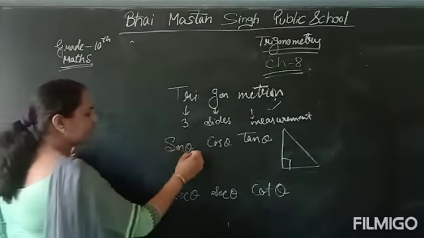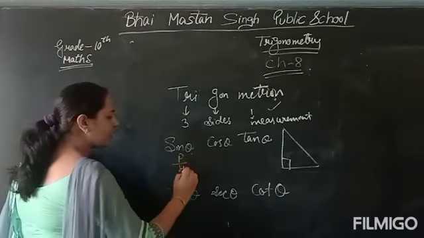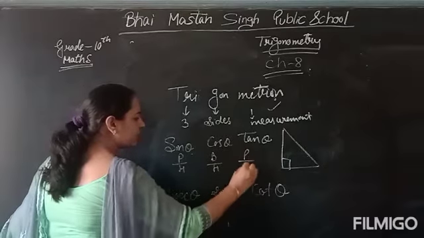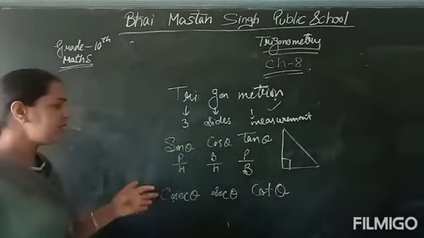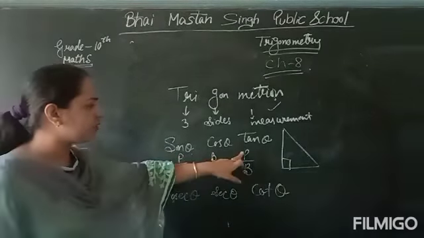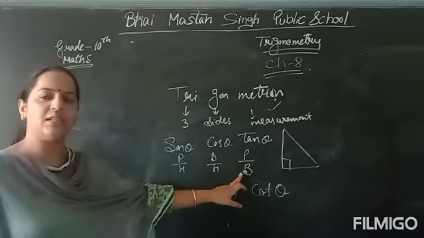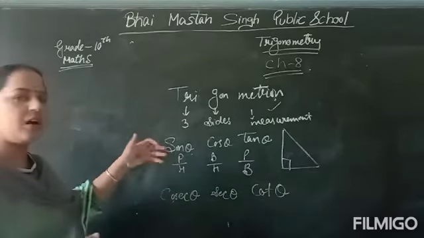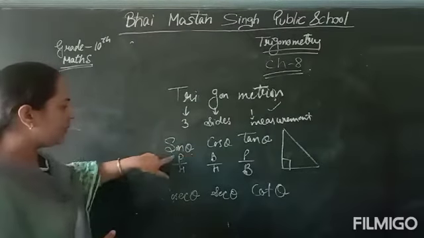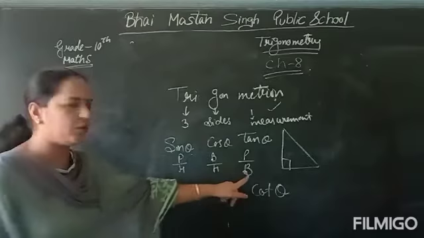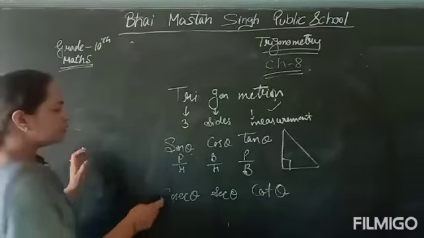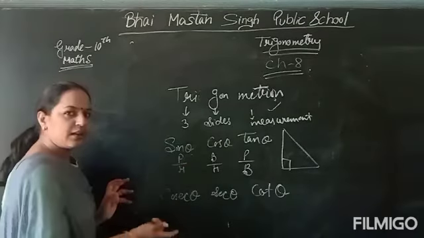Now, what is the value of sine theta, cos theta, tan theta? First is sine theta, that is P upon H. Second is B upon H. Third one is P upon B. It means Pandit Badri Prasad Har Bole. This is the way to learn, to remember it. How can we revise it again? Pandit Badri Prasad Har Bole. The first letter of each name I have told you. So, what are P, B, H?